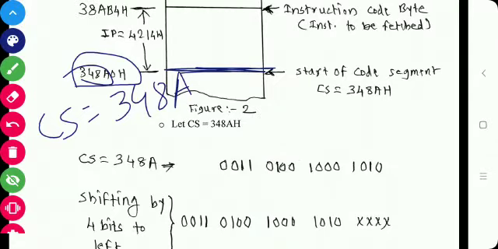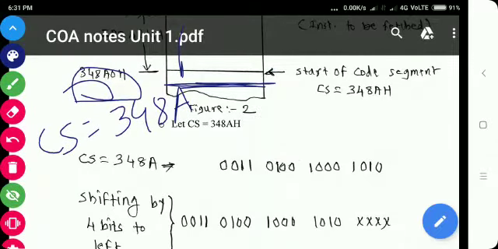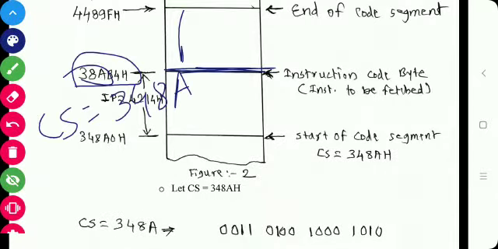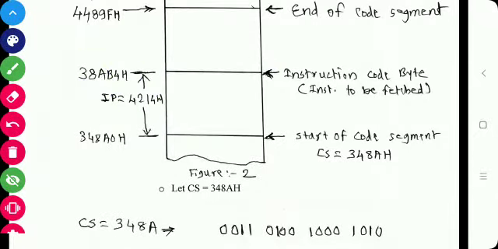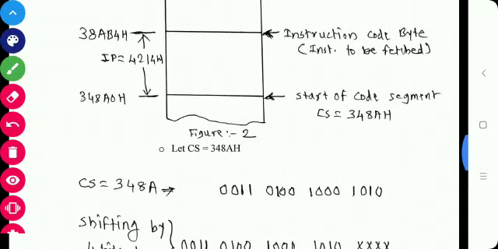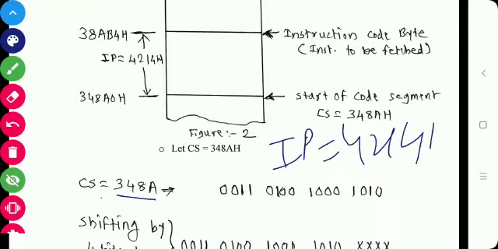And this is the offset address, which is 4214, which is the distance between the required location and the base location. So now we have CS as 348A and IP as 4214H.